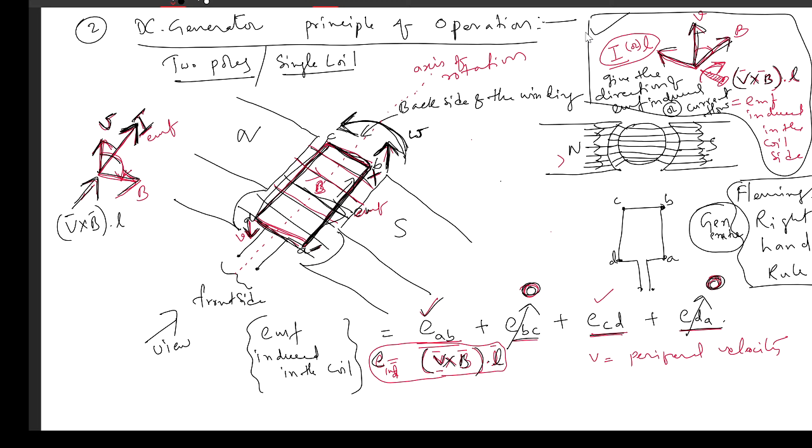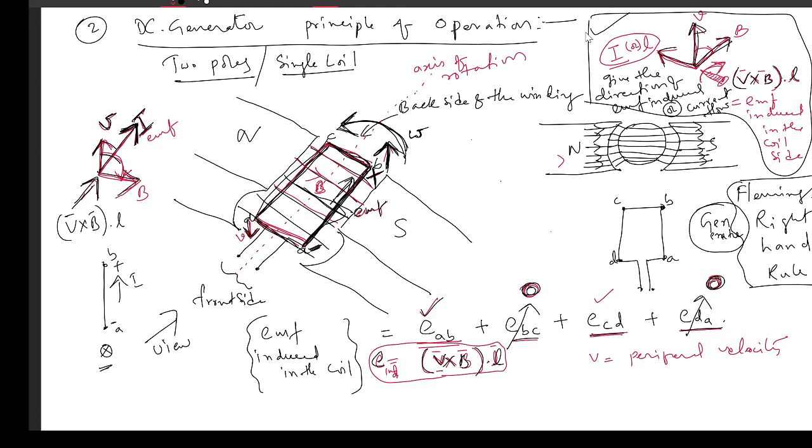The EMF induced in this side AB will be this is plus sign and this is minus sign. The current will move from A to B. In coil AB, the current will move like this. This is plus, this is minus. So if you see the cross sectional view, this will be shown as cross. The conductor cross, that means the current is going inside the page or screen. Okay, this is about the side AB.